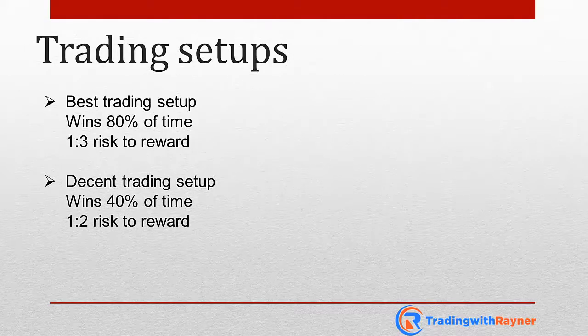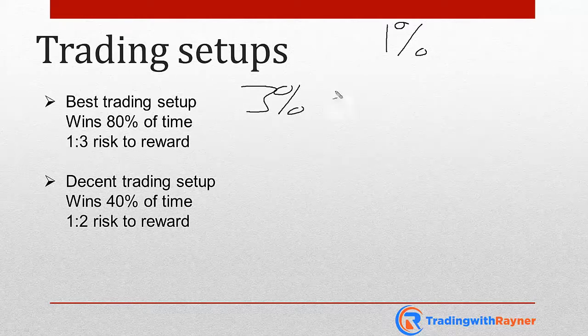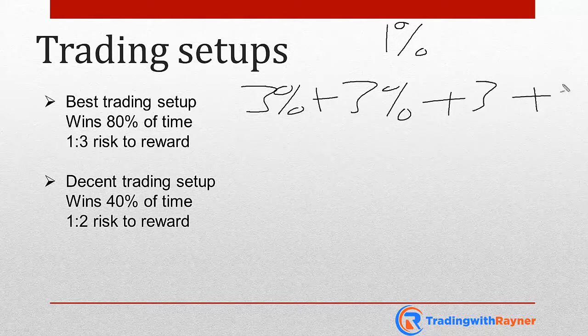So let's do some simple mathematics. Let's assume we are risking 1% on these two different trading setups. For the first one, the best trading setup, say you only have 5 trades a year. Out of the 5 trades, you will win 4 because you win 80% of the time. Each winning trade will make you 3% because it's a 1 to 3 risk to reward. So 3% plus 3% plus 3% plus 3% minus one loser, 1%, and you get a net gain of about 11%